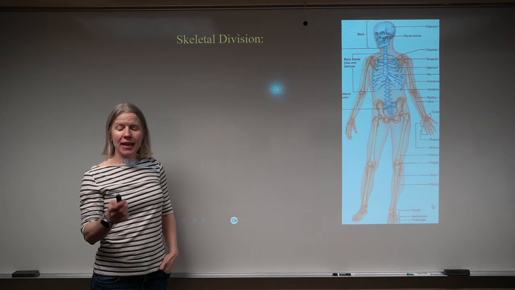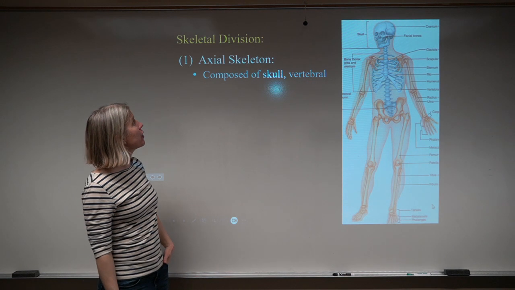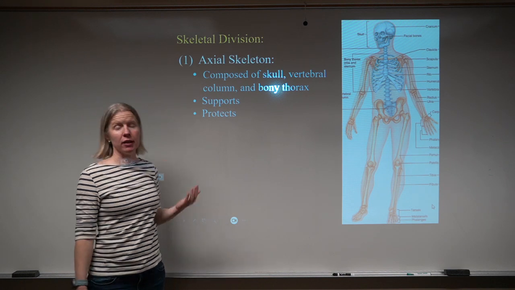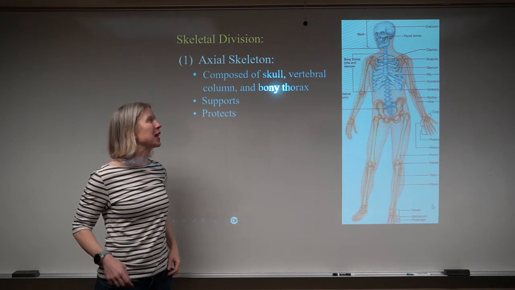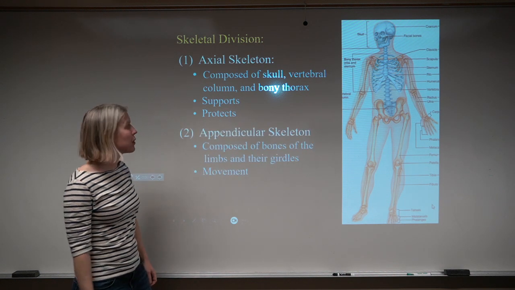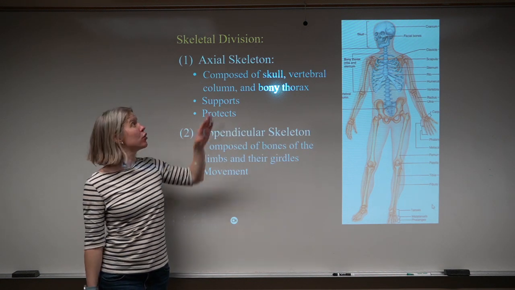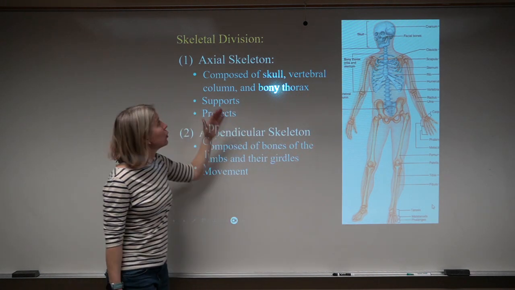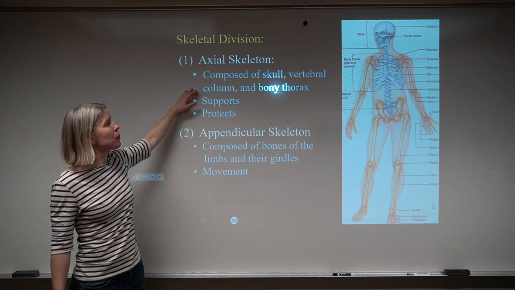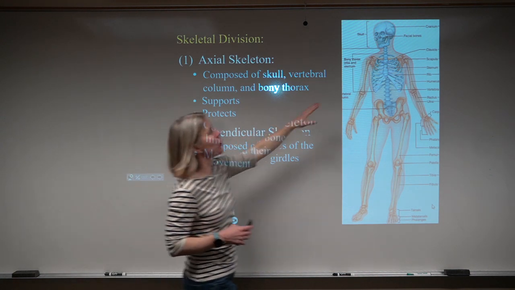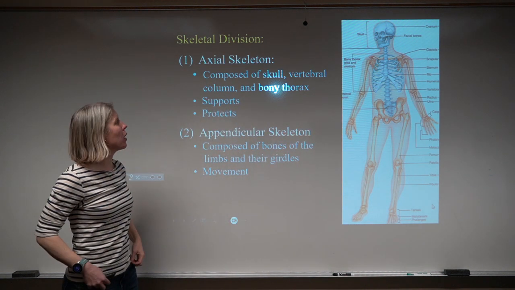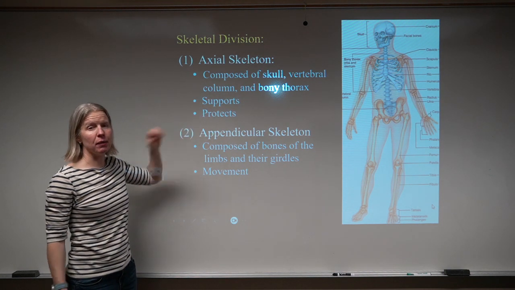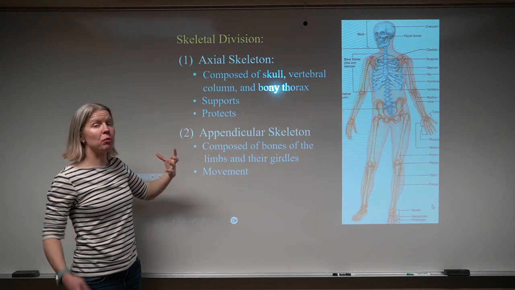Okay, so again, in lab, I know you're learning a lot of these bones. For me, you do want to understand that we split the skeleton, and I believe this is very much how your sheets in lab are done, into the axial skeleton and the appendicular skeleton. So for me, you should know that the axial skeleton refers to what's highlighted in blue here: the skull, the vertebral column, and what we call the bony thorax, the ribs, the sternum, that area that makes up the thorax. Its main roles are support and protection. The skull, the vertebrae, the ribs, those are all